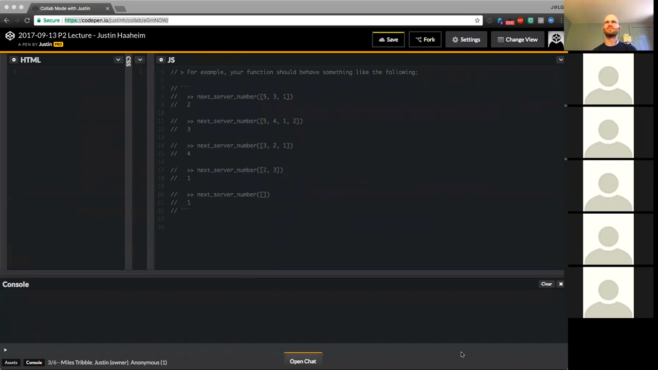Well, it sounds like we both are finding paths to a solution surrounding sorting. So let's start with that. I guess let's go ahead and create the next server number function and have it check that we are passing it an array. Do you want me to type or do you want to go ahead and type? I can type. Let's see, so we'll have